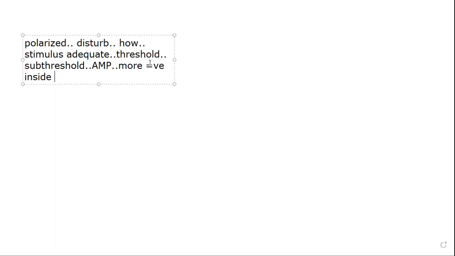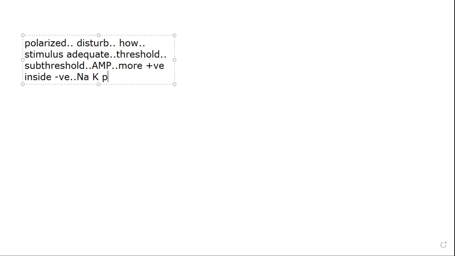A more positive charge inside as compared to outside. And outside, what are we going to have? We are going to have a more negative charge outside. This is the case in which the distribution of sodium, the distribution of potassium,